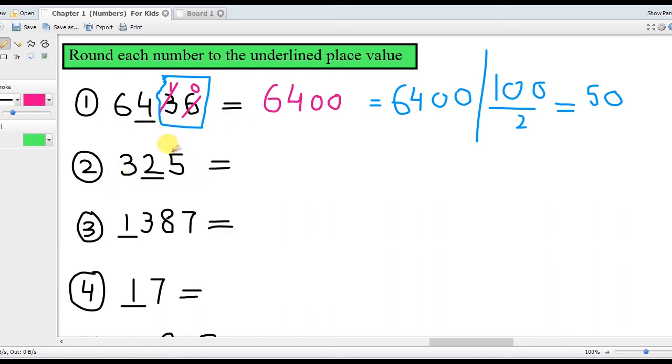325. Now look at this number, which is 5. So this is 5 or more than 5. So just cancel it, add 1 in the previous digit. So this will become 300, and 1 plus 2 is 3 and 0 here, right? Or if you want to solve it another way, just look at this number. This is 5, so add 1. So this will become 330, right? Next is